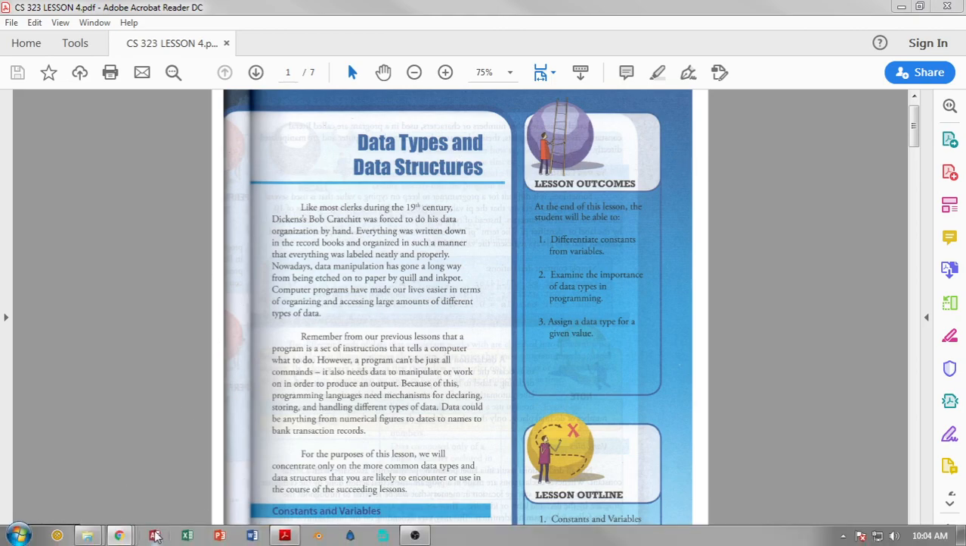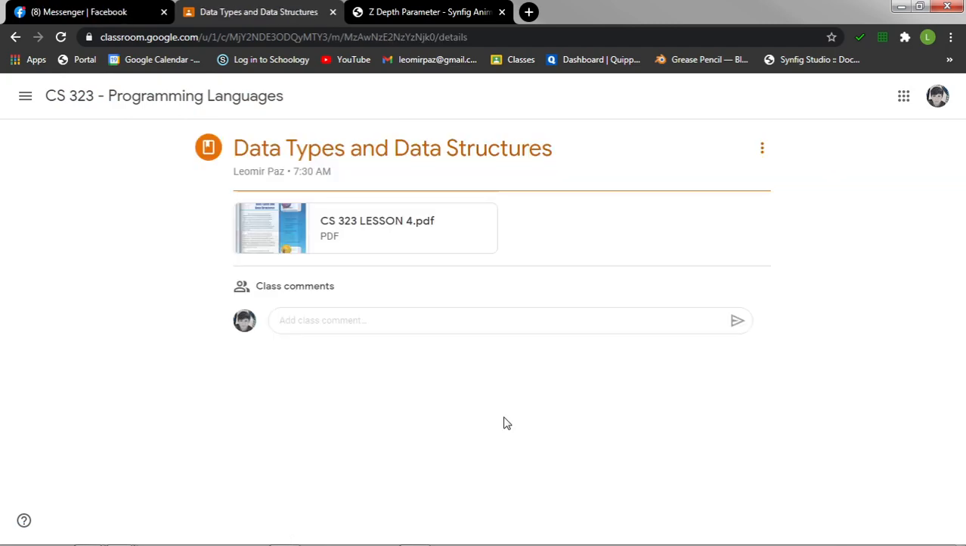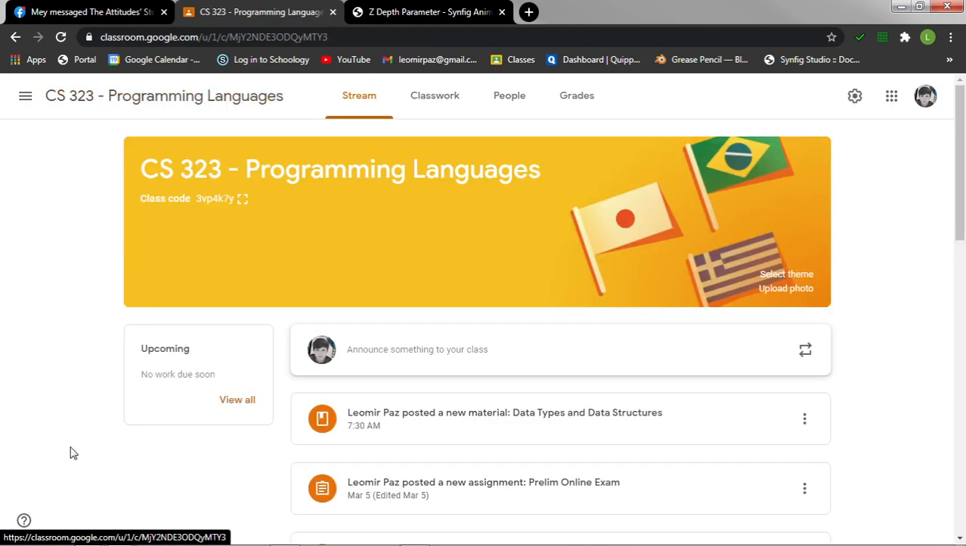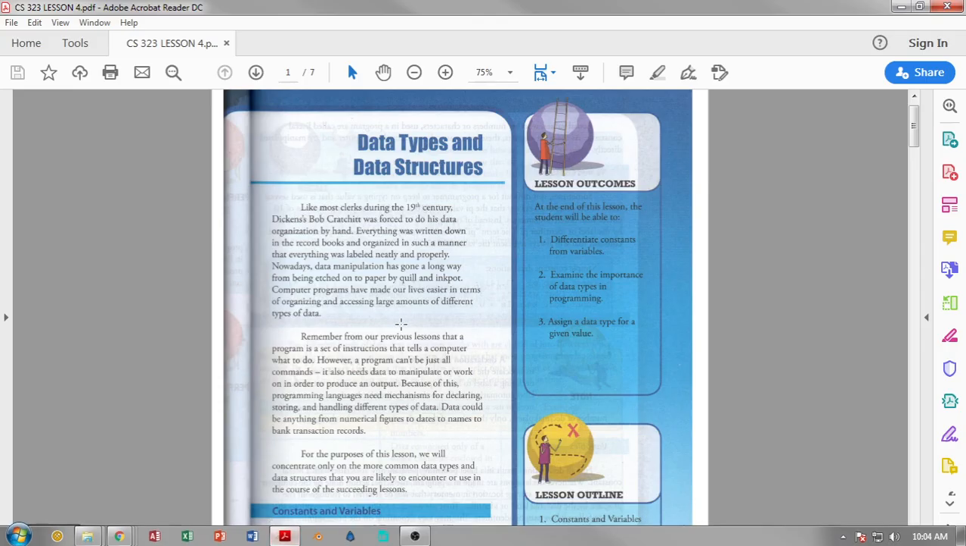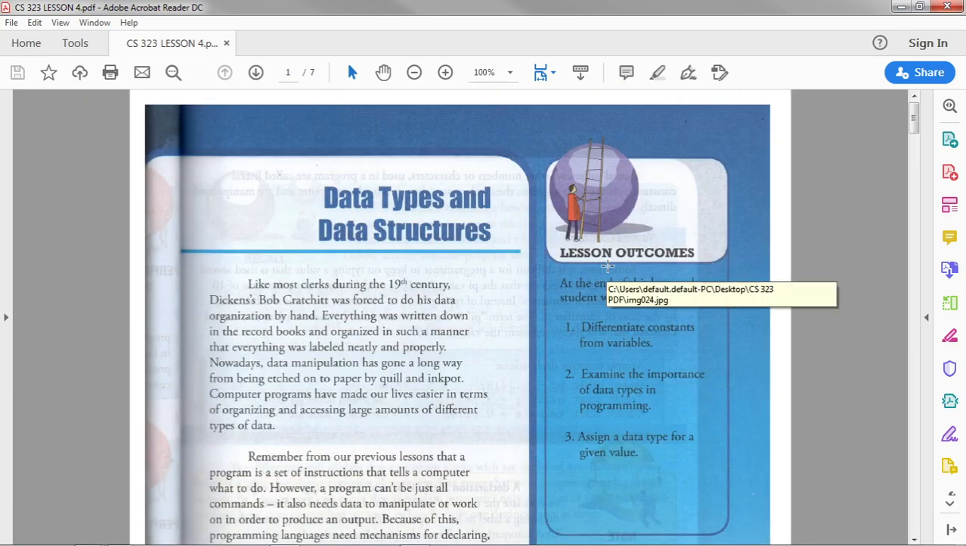So this PDF file, class, Lesson 4: Data Types and Data Structures, is already uploaded in the CS323 classroom. Okay? So please download it, because I will discuss this one. So in programming class,